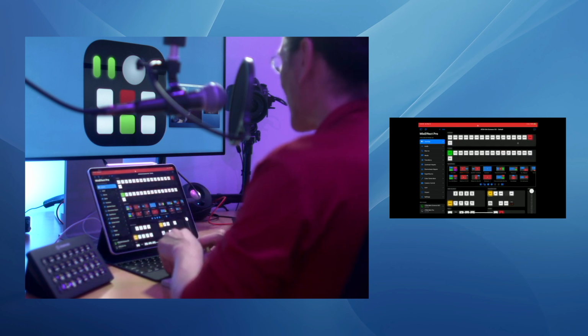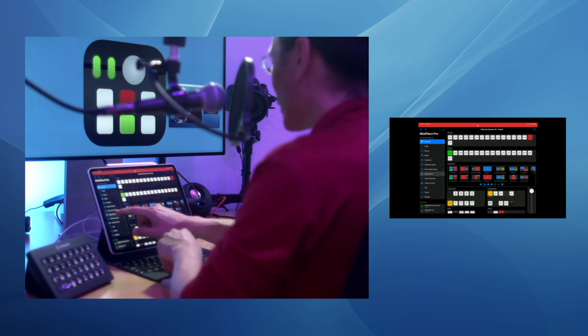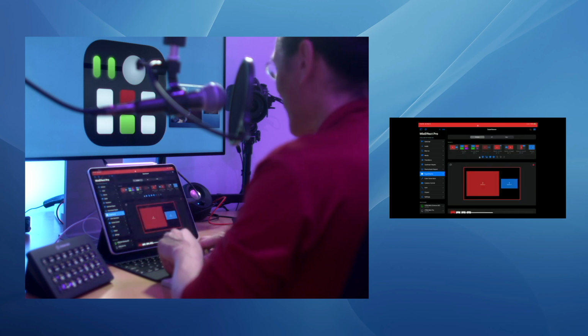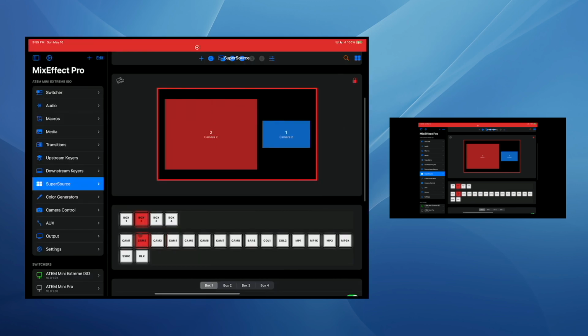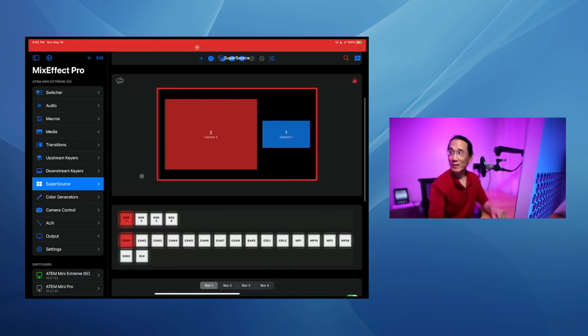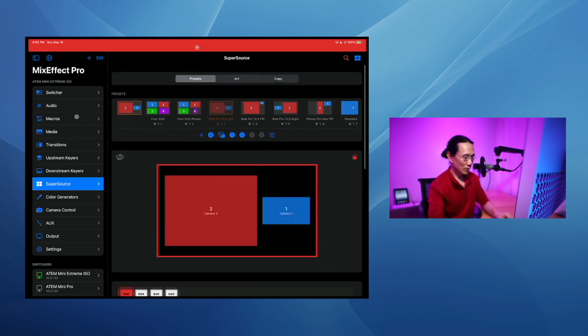So let's come back to the switcher. And what we're going to do now is change the switcher interface. First off, I'm going to go back to my camera inputs here, and I'll bring camera, let's see, box 2 back to the iPad, and box 1, I'll bring this back to me. So going back to the switcher,